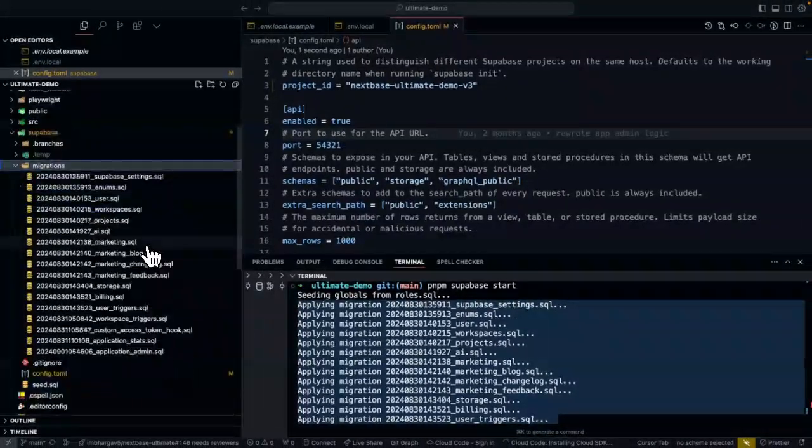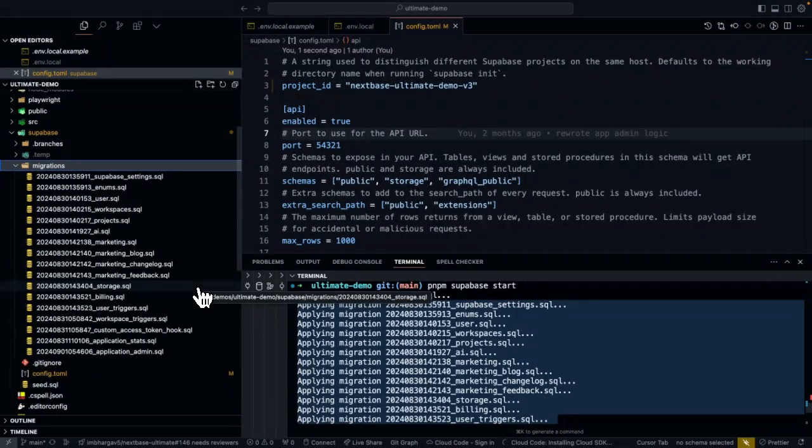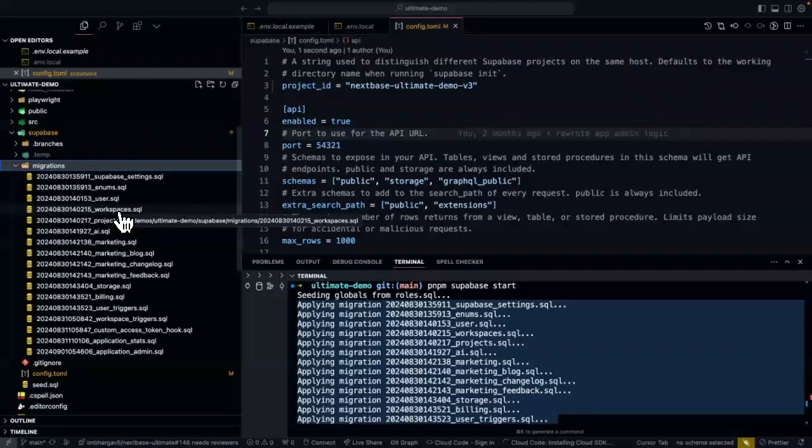So all of these files are responsible for creating your database table structure. So for example, Nextbase Ultimate ships with workspaces, profiles, some marketing related tables, and so on. So instead of just writing SQL commands directly in the Supabase editor, which is ephemeral, the moment you write them and you close the tab, the SQL command is gone, really. So migrations are a way of writing code that you can run repeatably. Repeatably, is that a word? Anyway, so that you can run over and over,